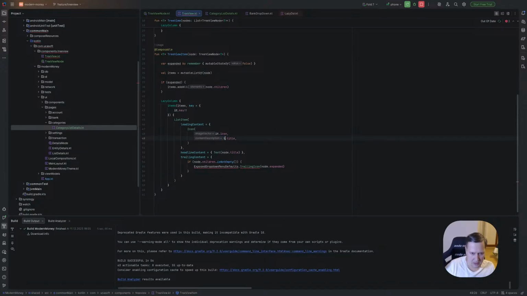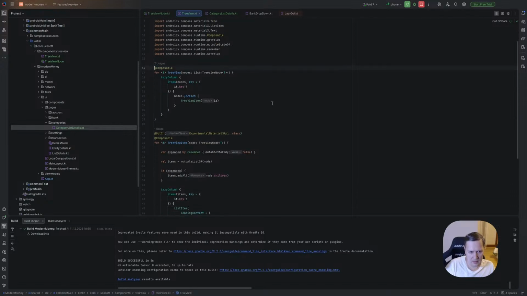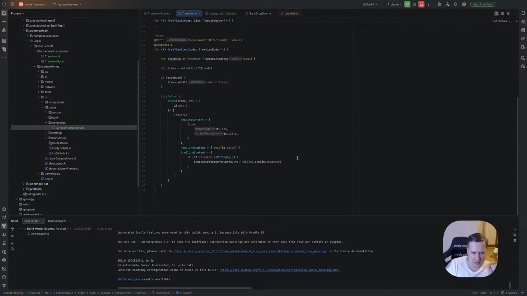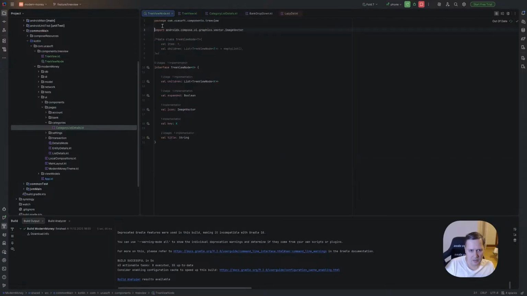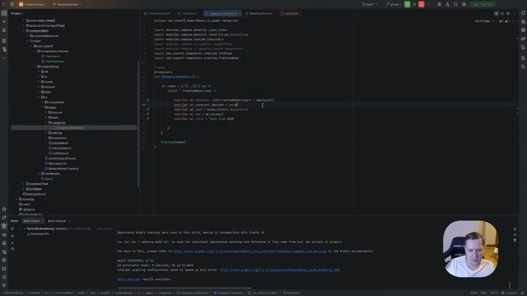It icon, it title, it. Yes, we need to obtain it, so we don't need it here, I guess. But we need it for the item itself. And here it should be expanded. Okay, so we don't need expanded. At least one good news.